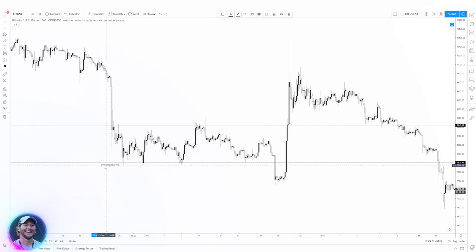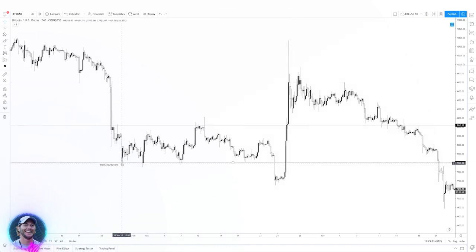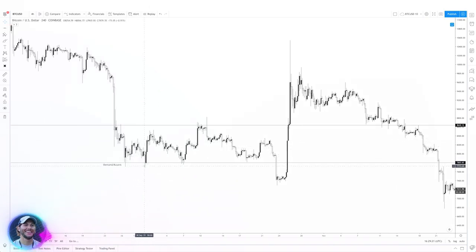I like to mark up my charts because it helps me understand the story and focus on the important areas of the chart. So our demand zone and buyers are present. If price were to come back here, we would expect a positive reaction. Let's see. Here we are, we're moving up, come to an exhaustion point, we're coming back down. Who's here? Our buyers. Demand zone pushes the price up into a supply zone right here where the sellers are